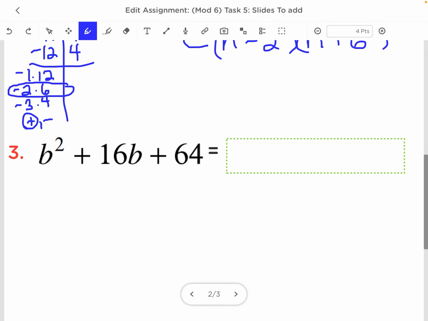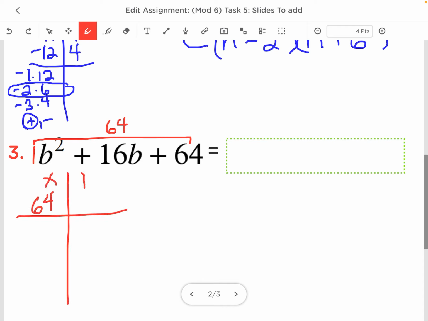Again, anytime my leading coefficient is 1, it's going to be a little faster than the others because I get to skip the box. 1 times 64 is 64. I know I get to do the shortcut because my leading coefficient is 1, and I want to add to that 16. So this one, guys, listen, if it jumps out at you, 8 times 8,